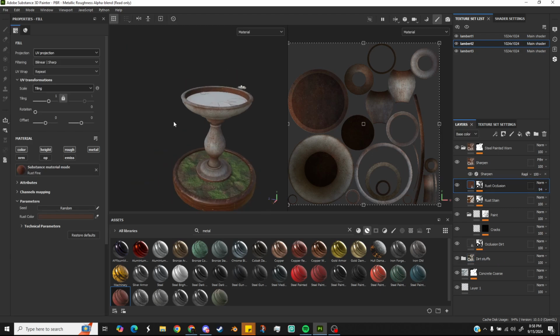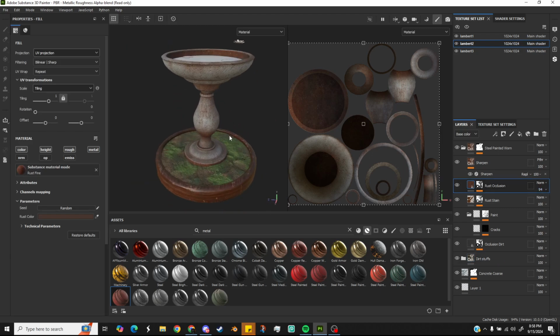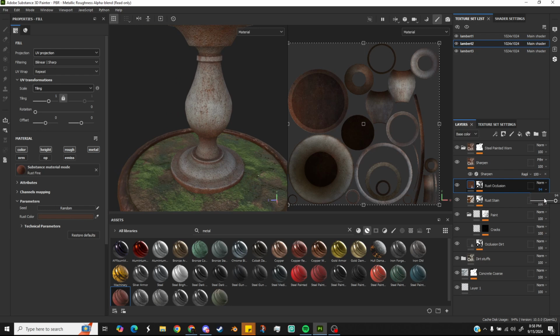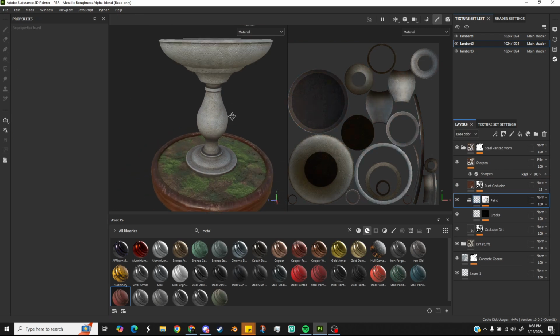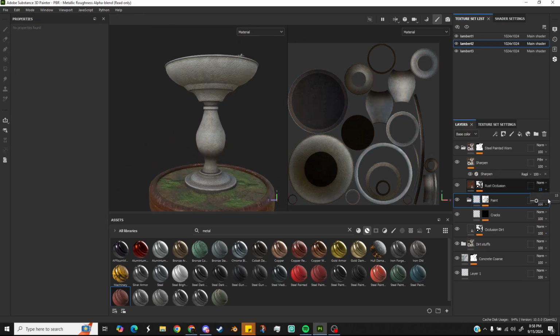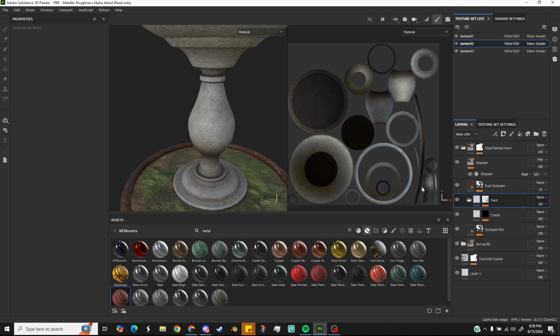Rust occlusion, although technically there's no rust in concrete, it still looks good, so we can just lower that down to like 15 or something like that. As for rust stain, get rid of it. This is what the rust occlusion looks like. It's just a little bit of red shadowing with a rust texture. Overall, keep it, don't keep it, not really too much of an issue. Alright,